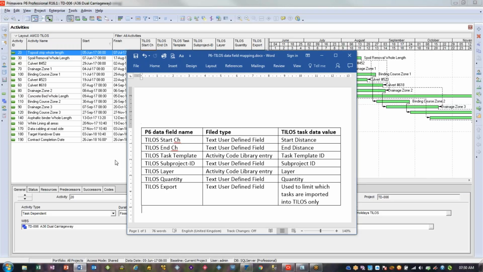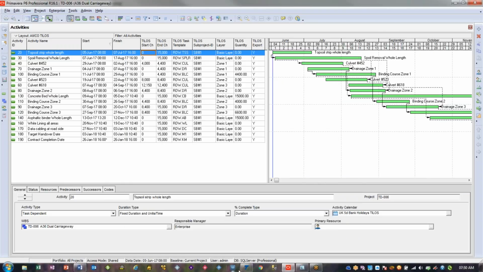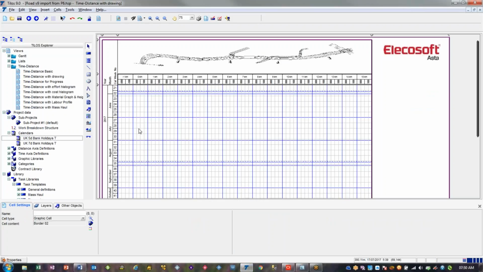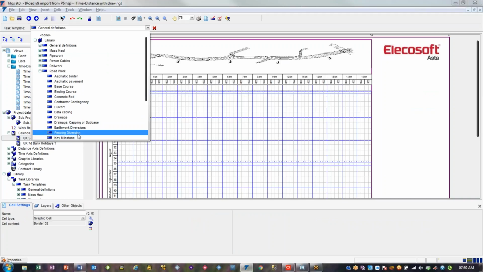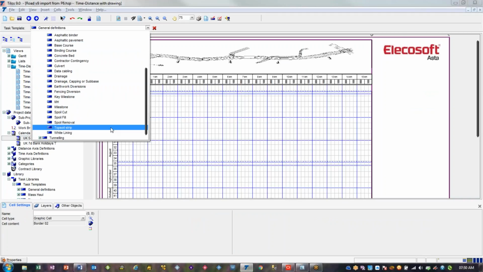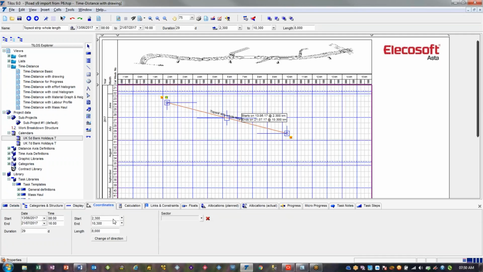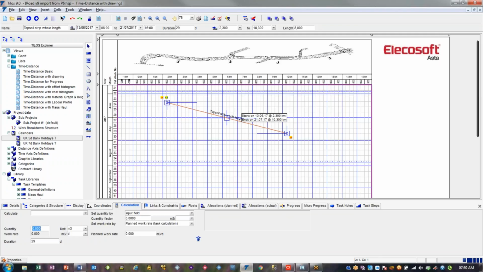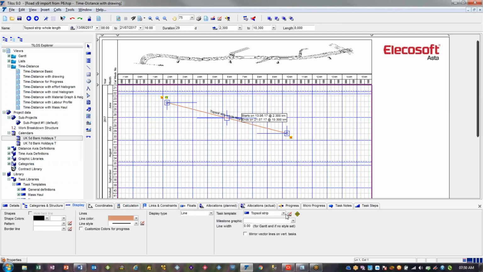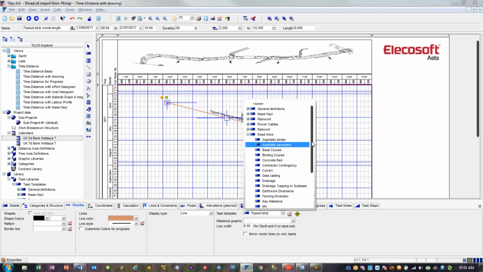So let's have a look in TILOS where some of them go. So obviously in TILOS, if I create an activity, the start and end distance are populated, and that's where the start and end distance is going to go. There's a calculation tab, and the quantity field here is where the information is going to be placed. The task template that I selected when I created the activity that you saw me create is